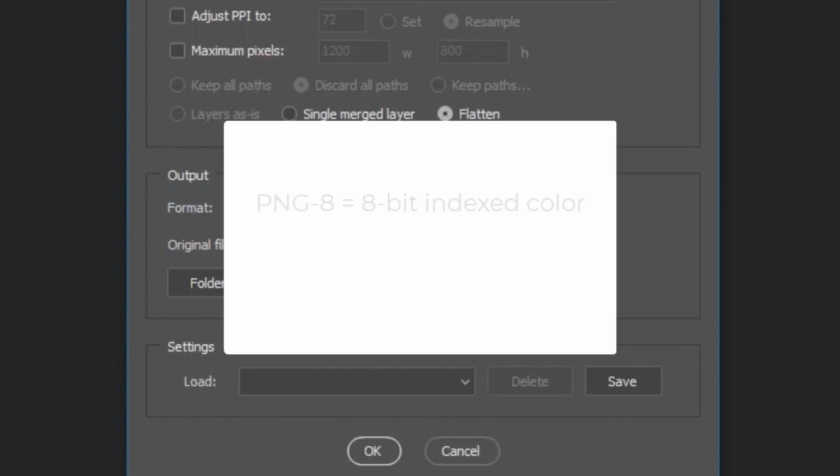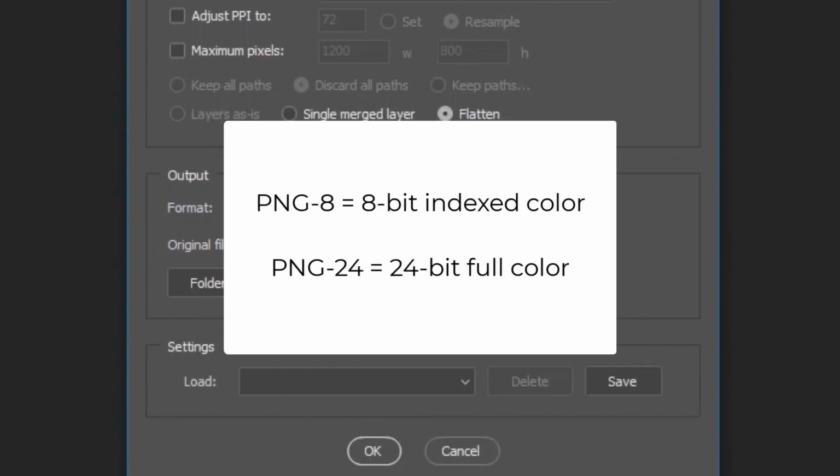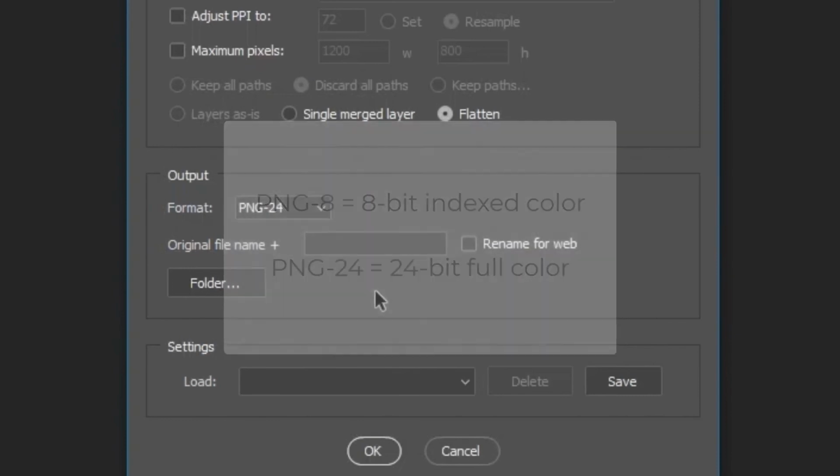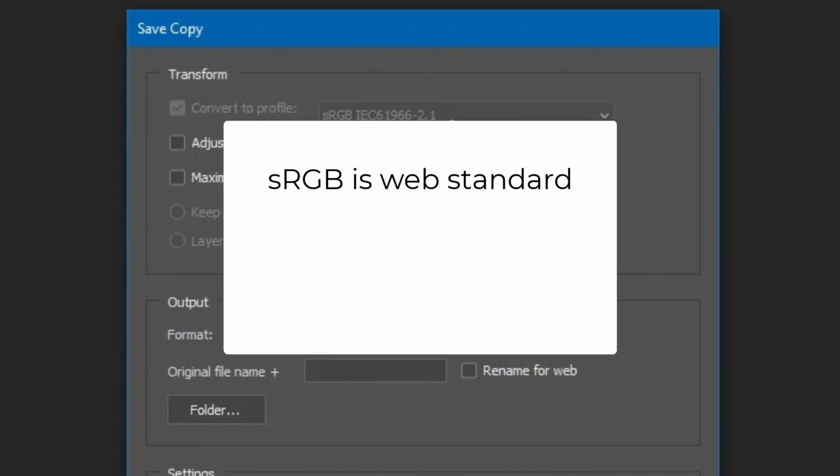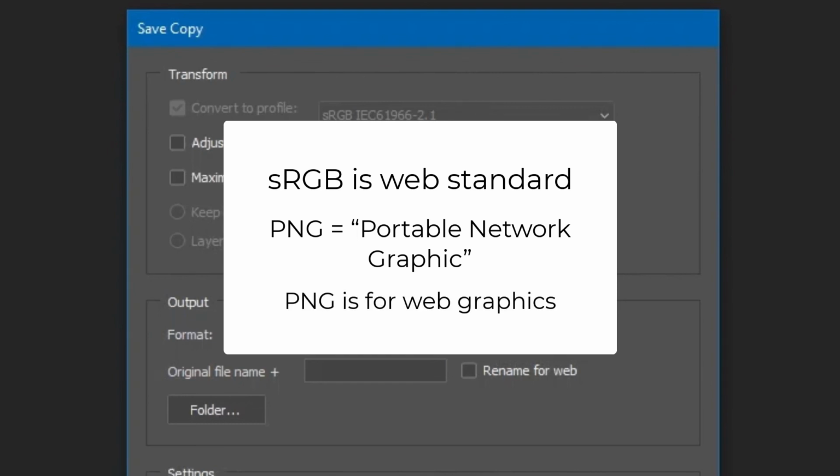PNG 8 is 8-bit indexed color. PNG 24 is 24-bit full color. Notice for PNG, Convert to Profile is set to sRGB and cannot be changed. This is because sRGB is web standard and PNG, Portable Network Graphic, was made for web graphics.